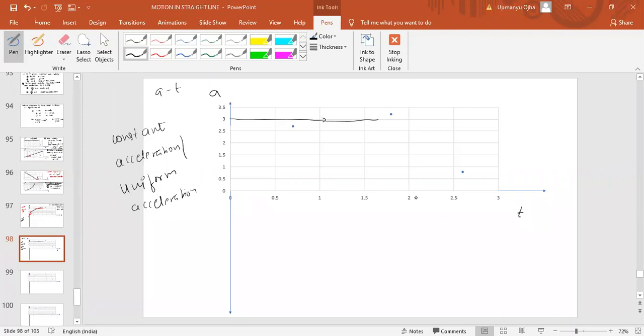Okay, fine. So at t equal to 0, the acceleration is 3. At t equal to 0.5 also 3. So the acceleration is not changing with time. No, why would the body be at rest? No, the body will not be at rest because there is acceleration of the body. At t equal to 0, there is acceleration. So you cannot say the body is at rest. Fine.